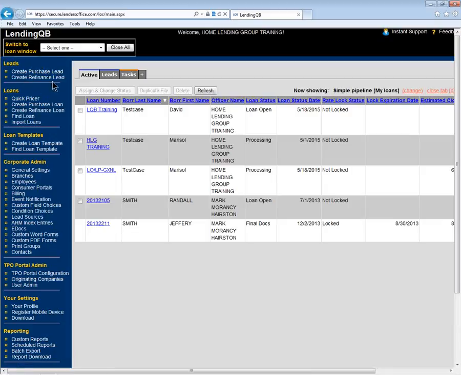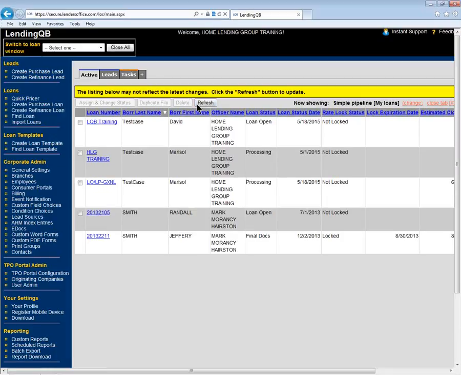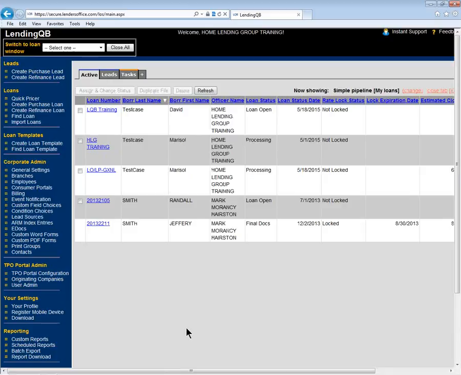So most of the time, your best practice is going to be to open everything as a lead. Once the borrower has committed to you and given you the I-want-to-move-forward indication, whatever that verbiage may be, then you'll convert it. Now, that's not to say that you can't open a loan as a loan. You don't have to open as a lead. If you're doing a repeat clientele or some other individual that has given you that, I'm moving forward right here, right now, today, let's go,